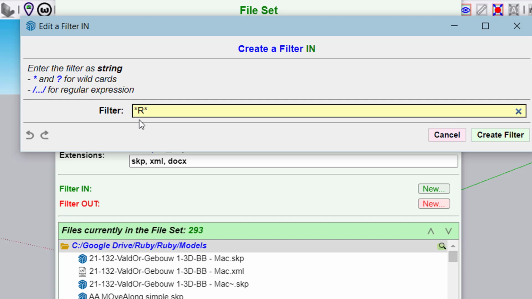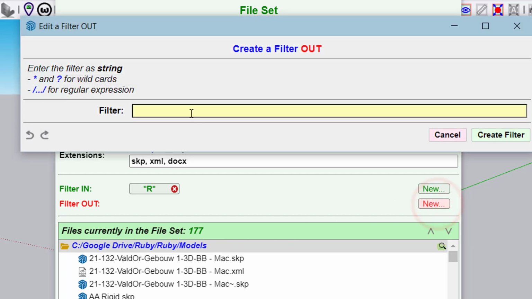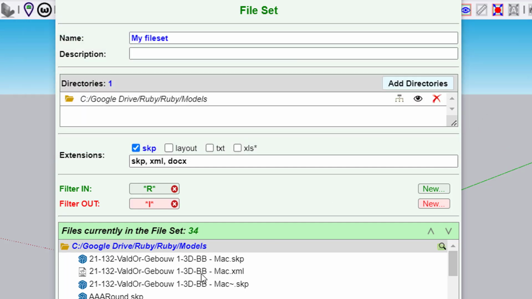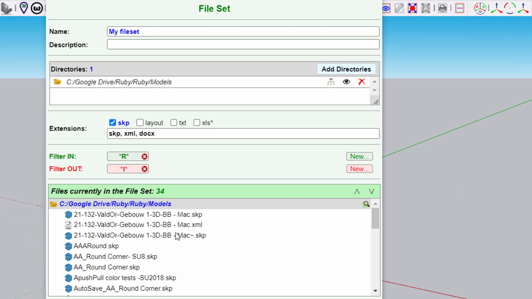So I type star R star and I created a filter, and I want to exclude the file with an I in the name. Okay, so you see that the list is updated,